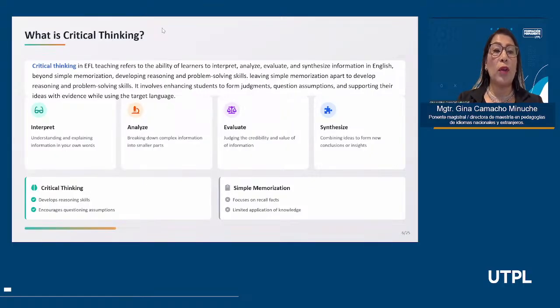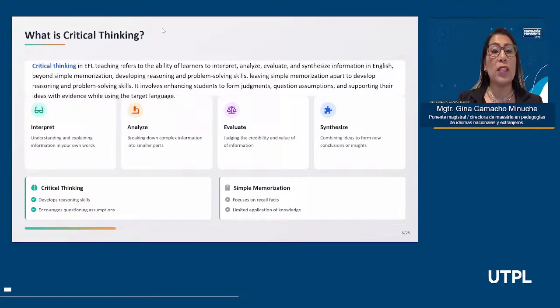We, through critical thinking, are encouraging our students to develop reasoning and problem-solving skills, which are fundamental to go beyond what they are learning, leaving simple memorization apart to develop reasoning and problem-solving skills.